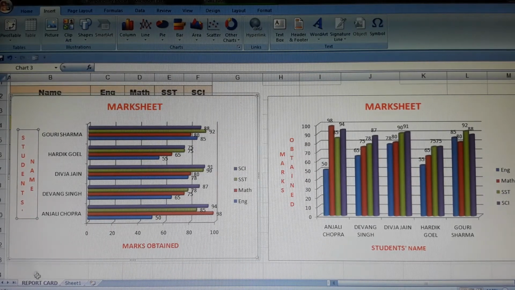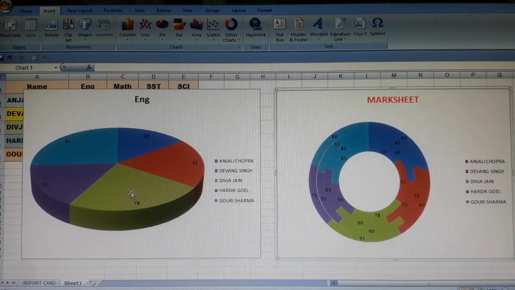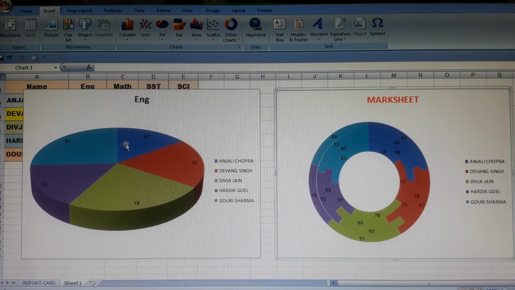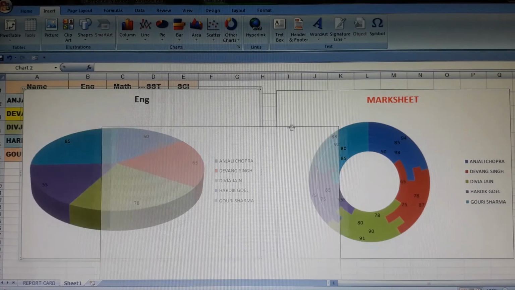Now let me show you the difference between pie chart and donut chart. Now see, this is a pie chart and this is a donut chart. Now the difference between pie chart and donut chart is, see, the pie chart is in the form of a circle, and the important thing about the pie chart is that it is used to plot only one data series. If you look here at the background, let me show you here,